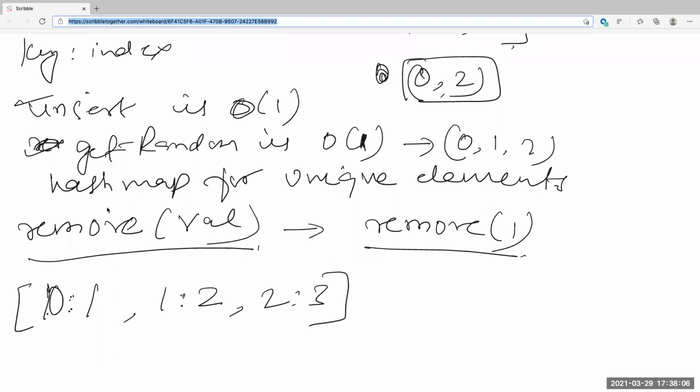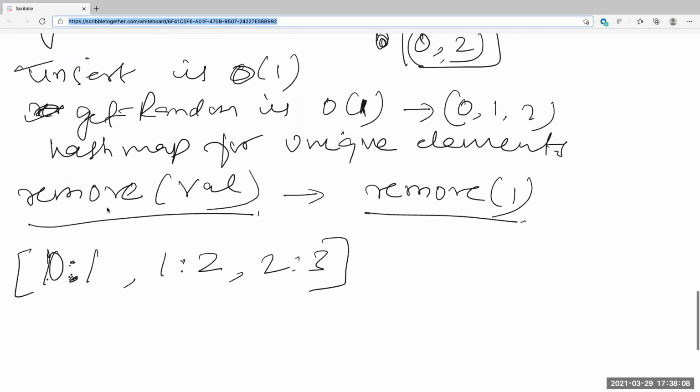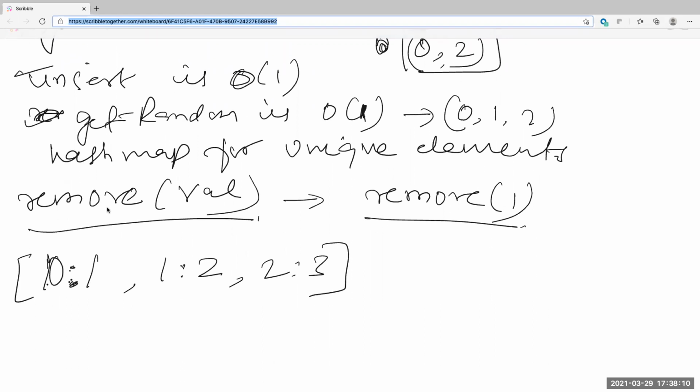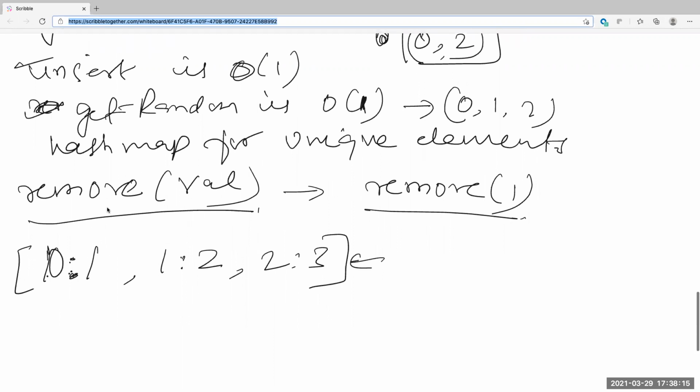No, I think the other way around. That's what we were doing initially, value and index. I'm saying that instead of index to value, we can swap this to value to index.